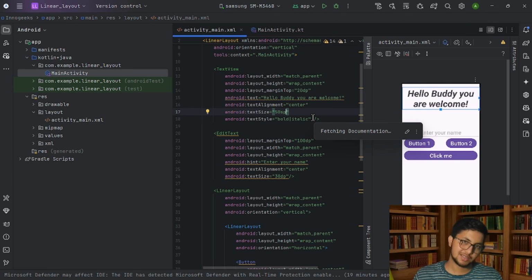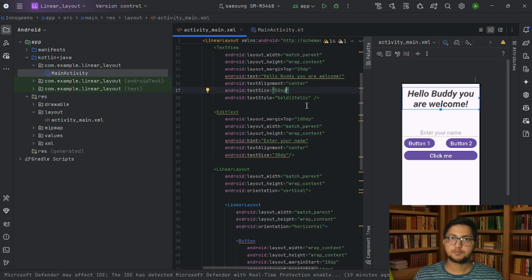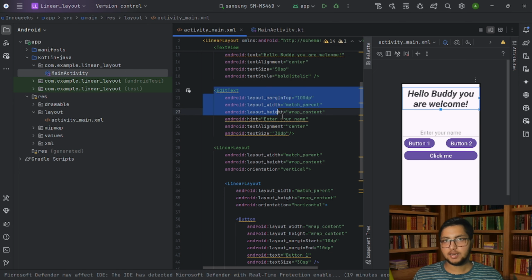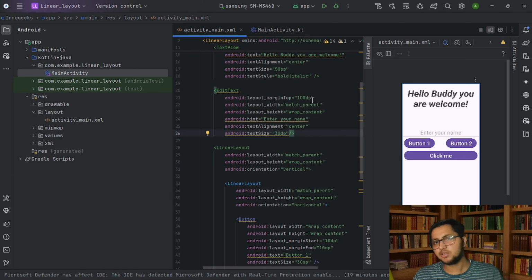Whenever we want to take the size of any text, we take it in SP, and every other thing we are going to take the size in DP. This is the text style, bold and italic. Then we have edit text. So edit text is something which the user can modify. It is the same kind of thing as text view only,